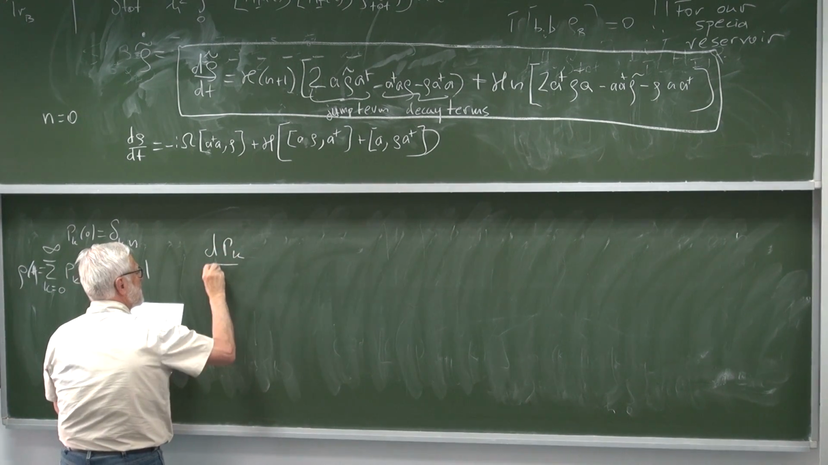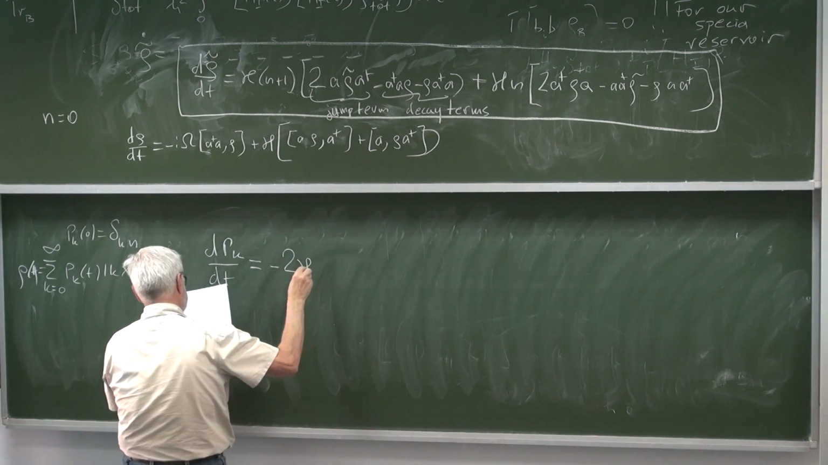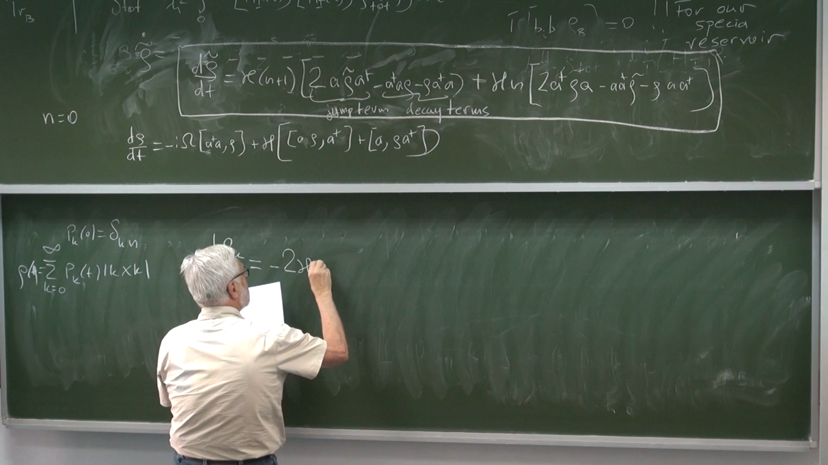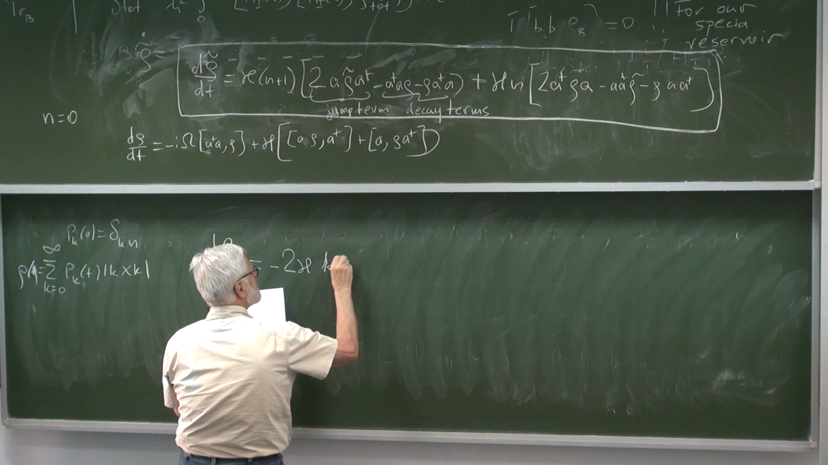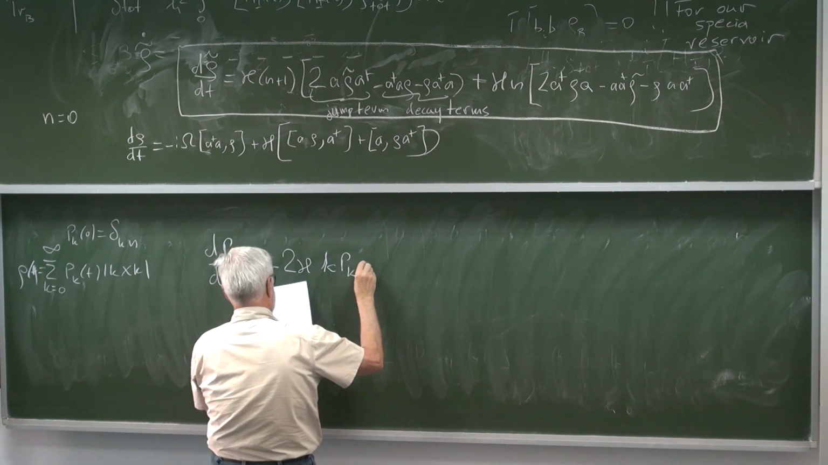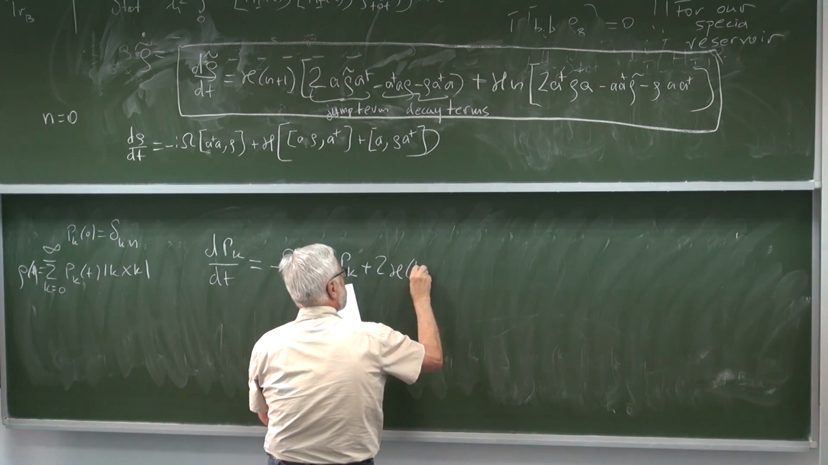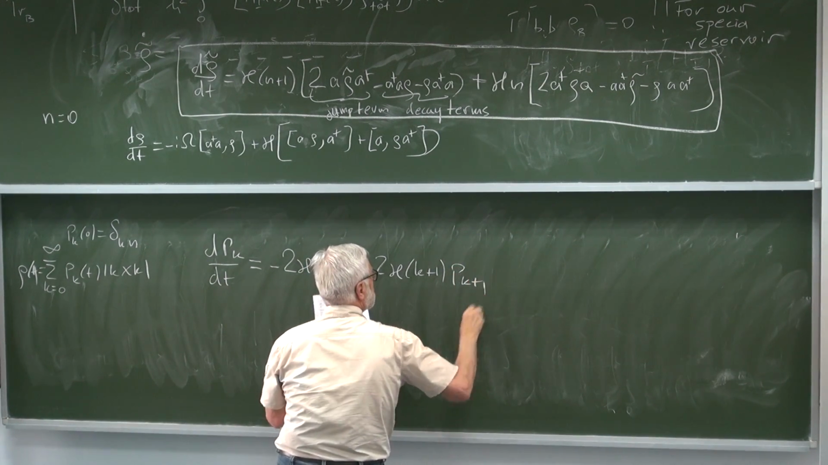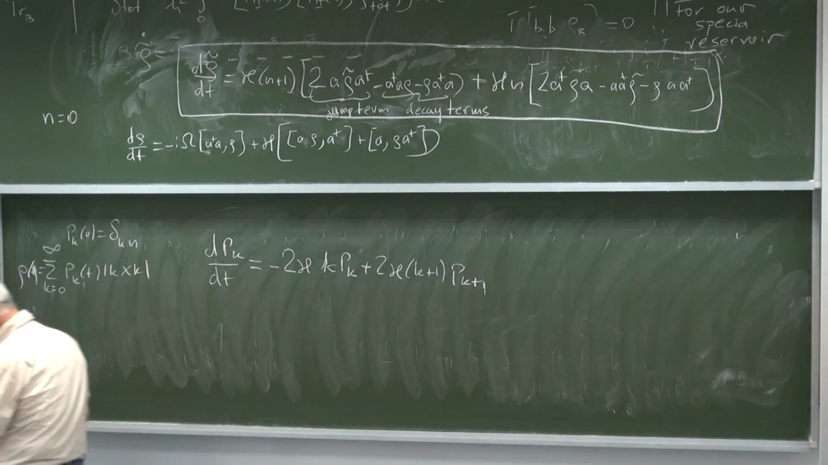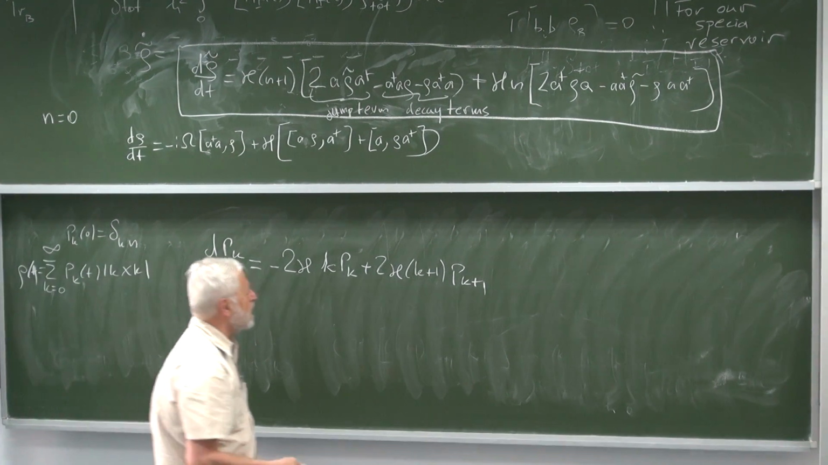dpk by dt is equal to minus 2 kappa k times pk plus 2 kappa (k plus 1) times pk plus 1. So this is a set of infinitely many differential equations. And out of this set of equations, we can very quickly compute